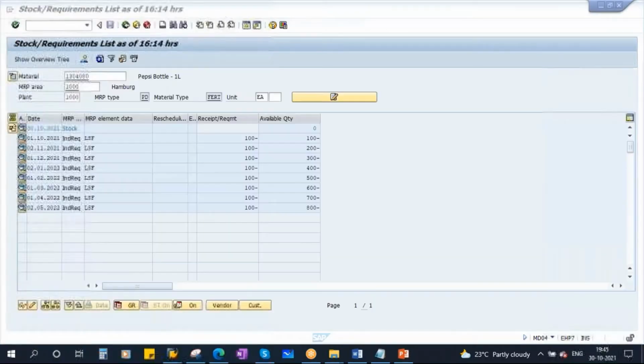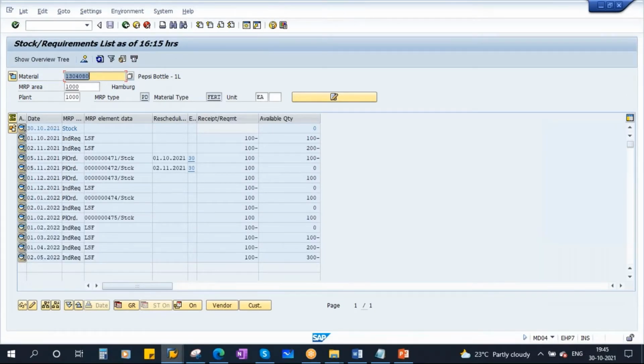Now if you refresh the screen, what do you observe? You see this requirement is planned, this requirement is planned, and this one is planned. Totally how much? 1, 2, 3, 4, 5. Up to this one is planned.